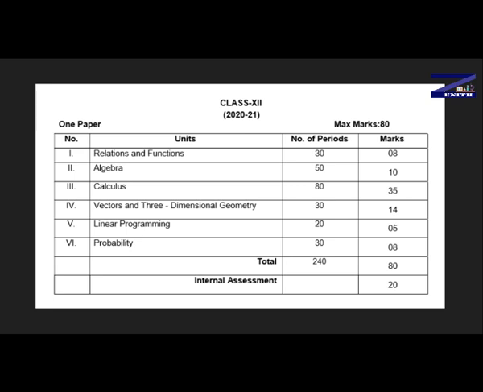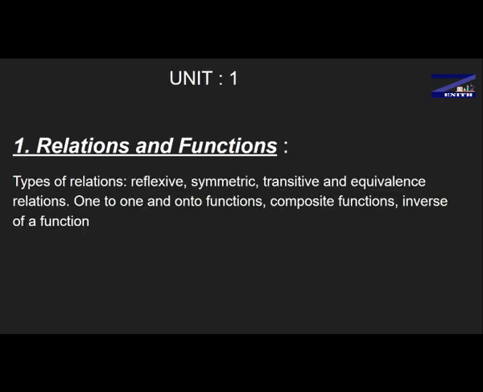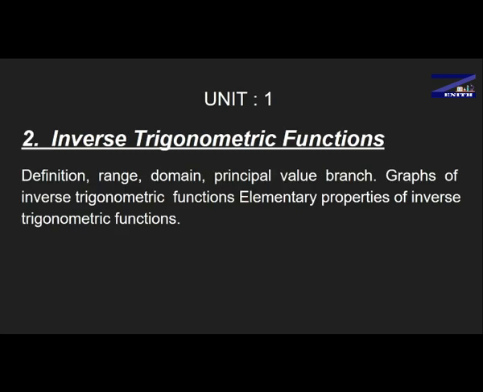Now we have seen the 6 units, and now we will see the subtopics, what are the topics we have to see. So first of all we have unit one, which is called relation and function. Here we will first study relation and function, and after that we will move forward to the second part of this unit, which is called inverse trigonometric function. So now we have covered the first unit. This was all about the first unit, which is called relation and function.